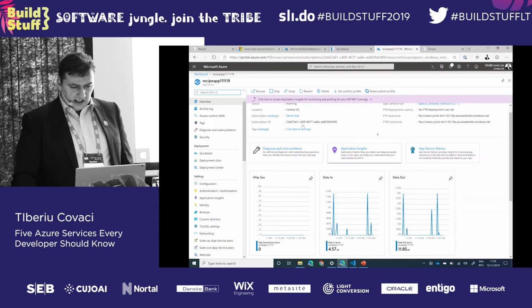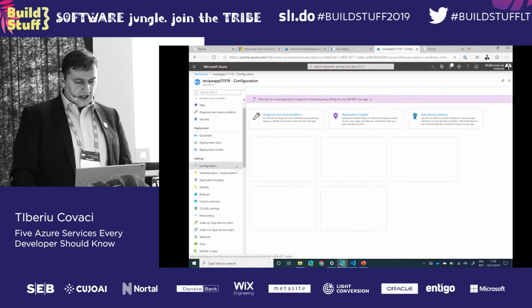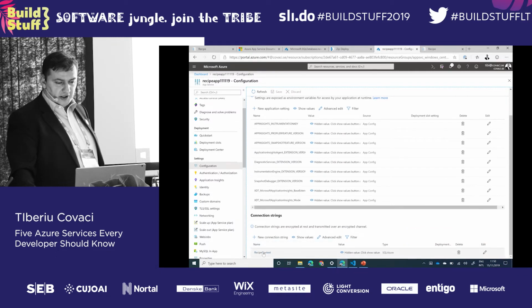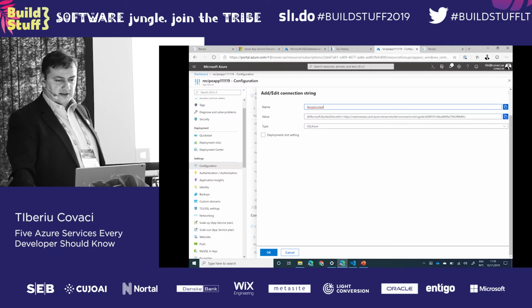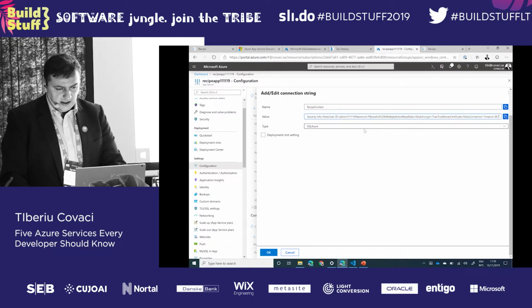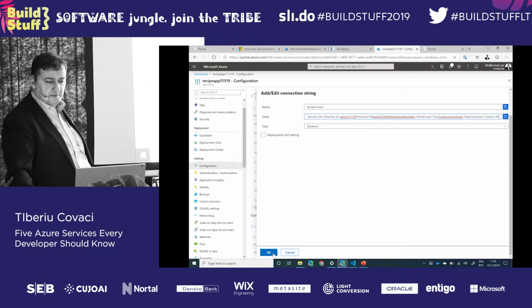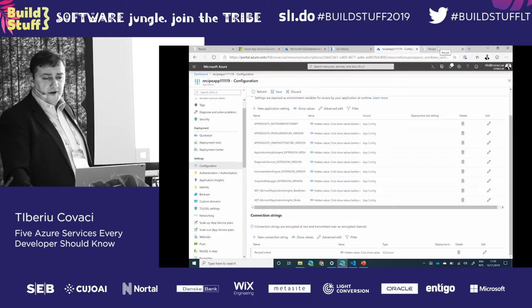And I will put it inside my configuration for my application. So I can go into configuration, and inside the configuration, I have a connection string here. It's called recipe context. And then I take this one and paste it in here. Maybe remove the last one and press save. So if everything looks okay,